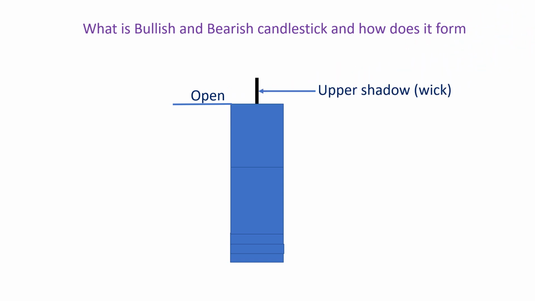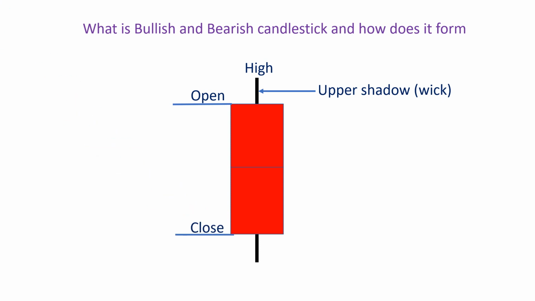It got rejected, and it left an upper shadow. And this is the highest price for the day. Now the sellers are still pushing the price down and down, and finally it got rejected by the buyers. The buyers didn't want the price going down that much, so the buyers push it up,